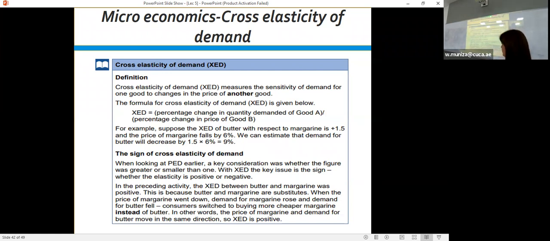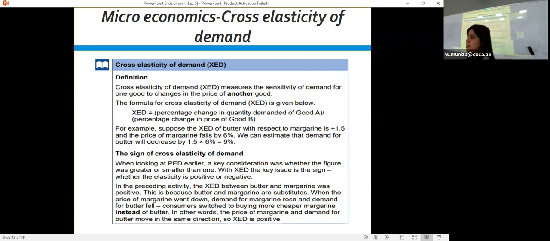In this case, my dear students, you can consider that the substitutes are there. Margarine and butter are substitutes to each other. So if we are changing the price of the margarine, it will be affecting the demand of the butter. Normally the demand is going to decrease by raising the price. But in this case, when we are raising the price, the demand is also going to increase, but for the substitute product. Got it? So that is why they are trying to explain over here that